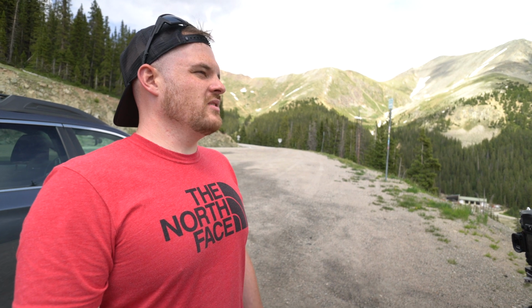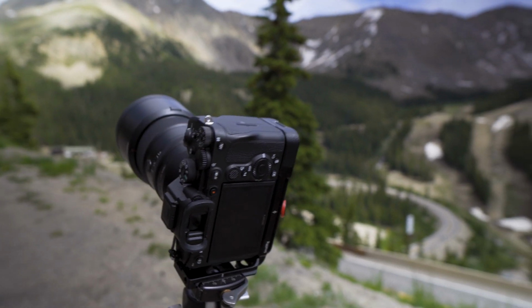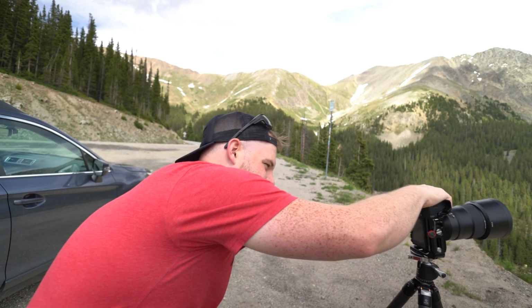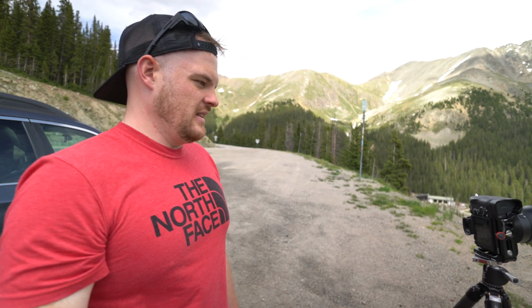People both love it and are frustrated by it, and that's actually kind of my experience with it. I love it, I'm frustrated with it, but what you can do with it is truly amazing things. You can. So we are up to the top of Loveland Pass. Well, yeah, the top of Loveland Pass. Right. We're about to go up